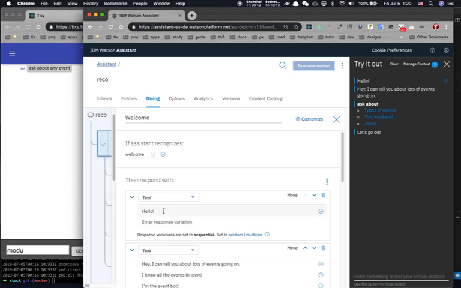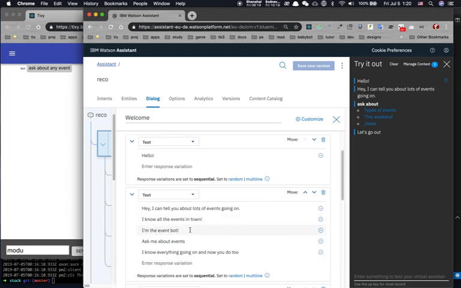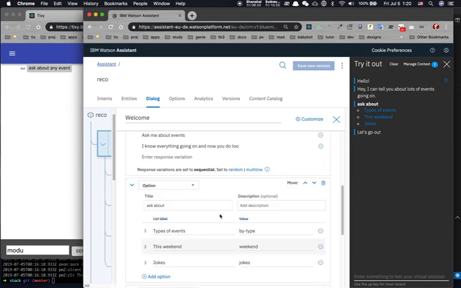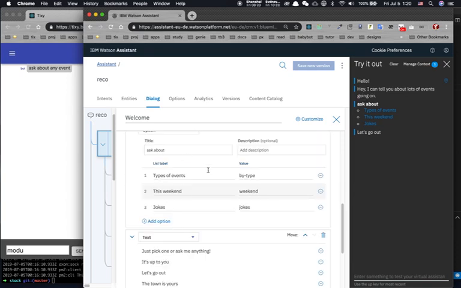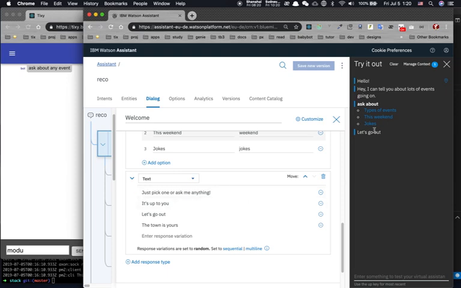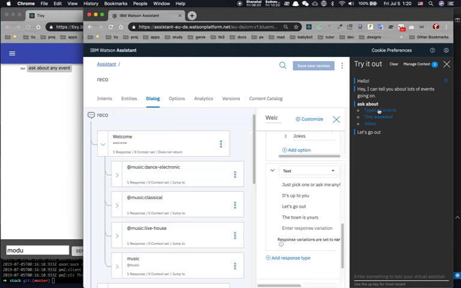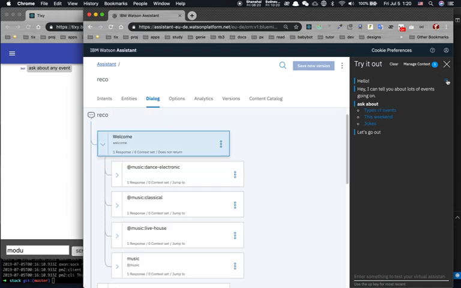These are sequential, so it will go through them one after the other. This time it's hello, then it goes to the next block. Hey, can I tell you about a list of events going on? And there's a little thing here, ask about, and we give the user some hints, and then another random follow-on from there. Now if I click on this, it'll tell me that we are on the first scene. So in theory, if I put in live music, it should catch